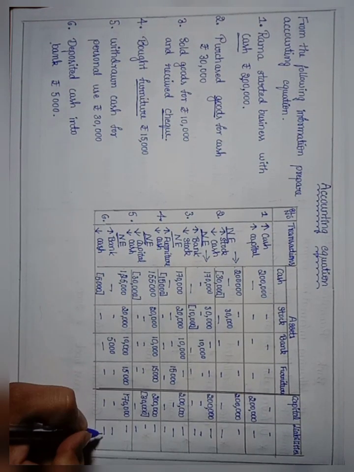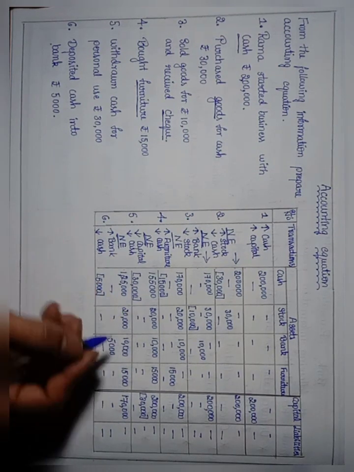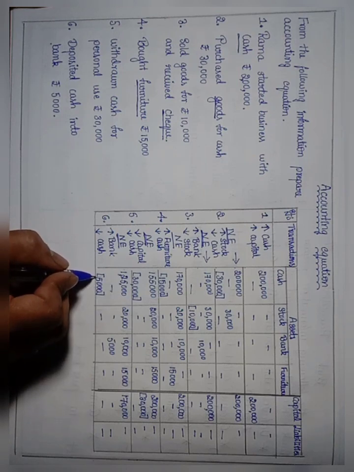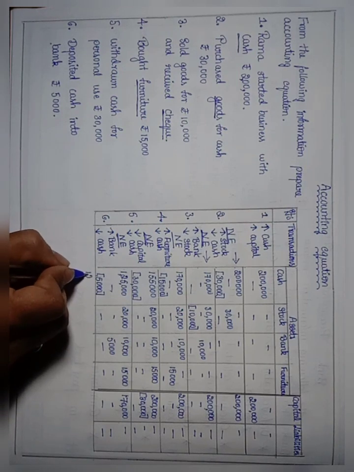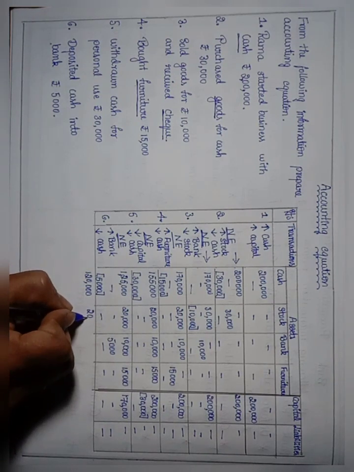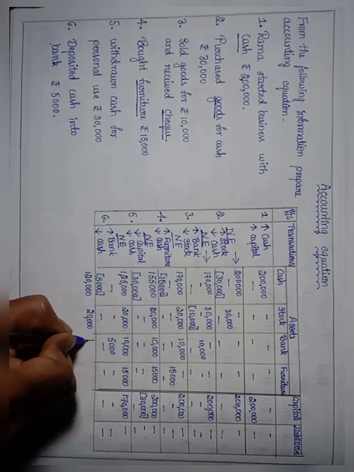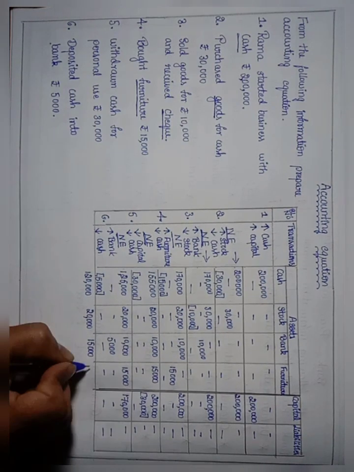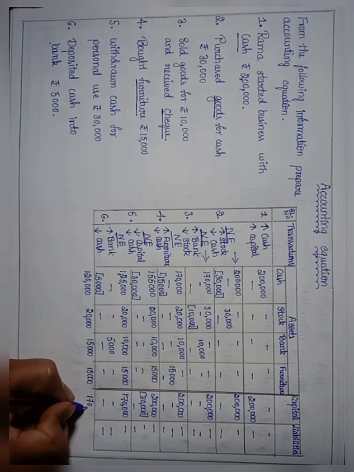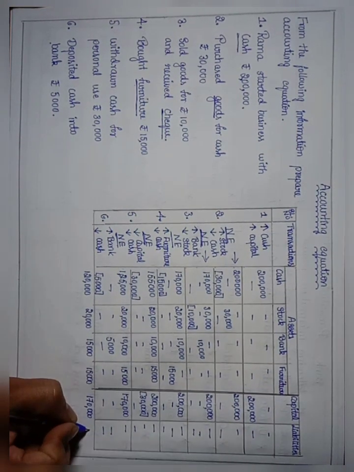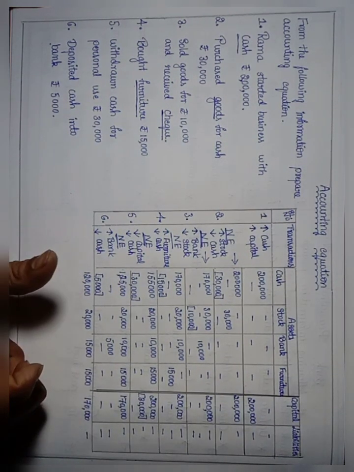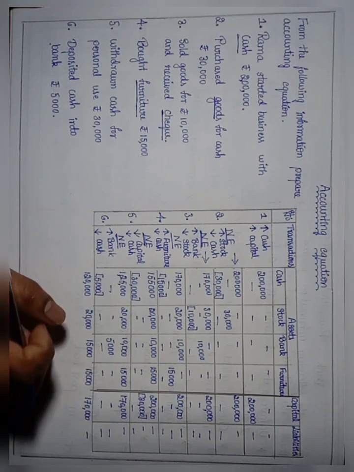Now we don't have any further transactions. Let us take the total of each column. That is cash. Out of 1,25,000 we have deposited 5,000, which means we are having just 1,20,000 here, and stock we have 20,000 rupees worth, and 15,000 rupees in bank account, 15,000 rupees worth of furniture, 1,70,000 worth of capital. We don't have any liabilities. Now by using this information we need to say that always assets are equal to capital and liabilities.